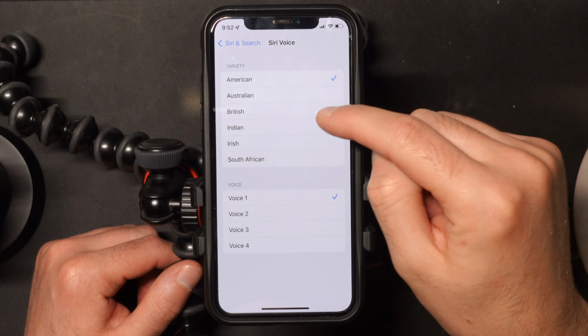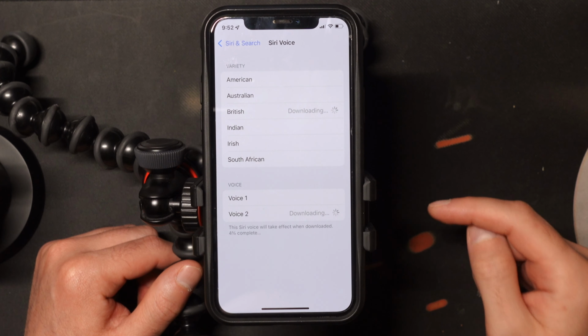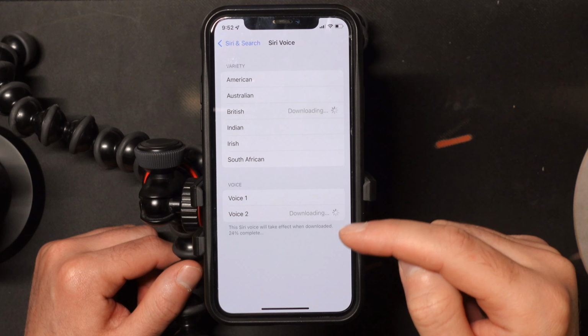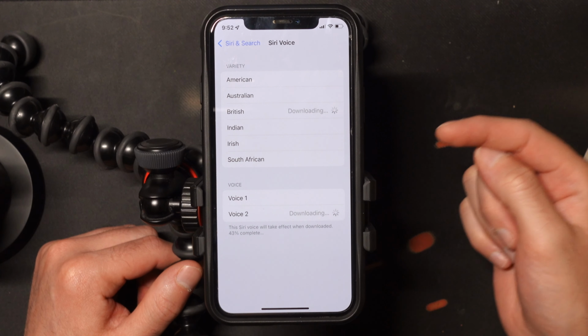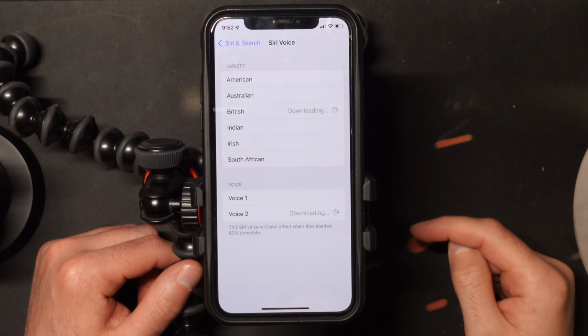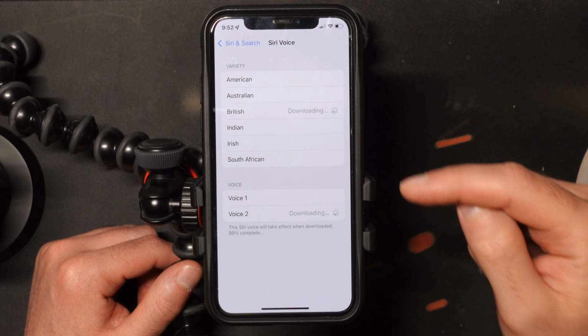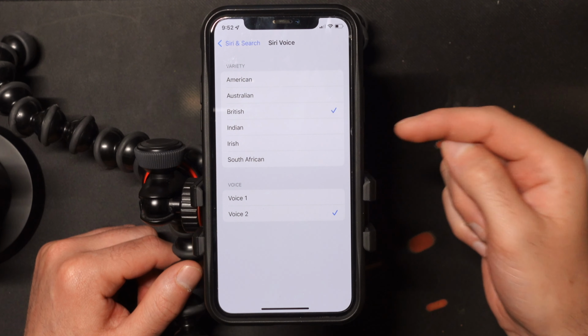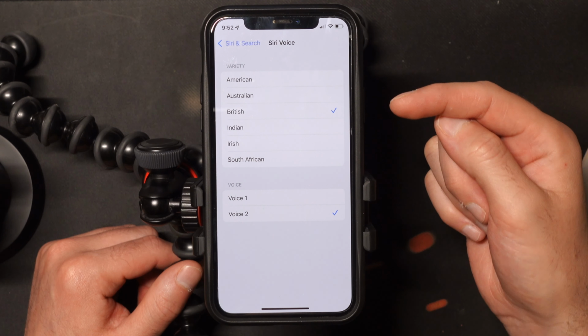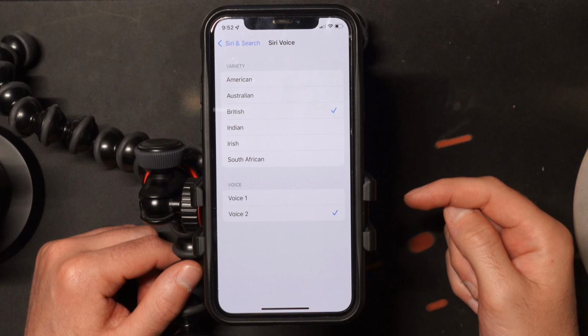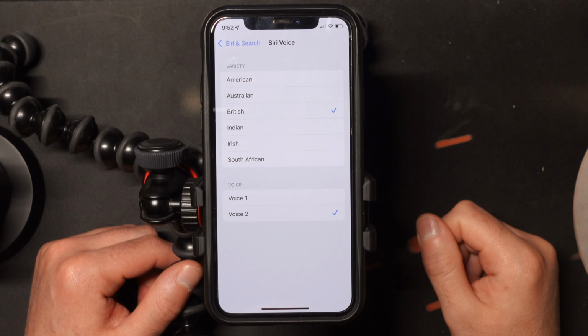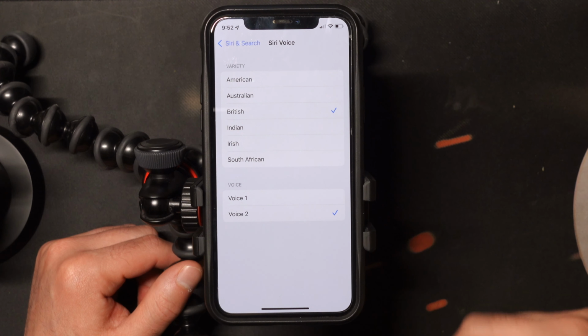So if I wanted to just choose, let's say, British, then there's 2 different styles. Probably one's going to be female, one's going to be male, and we can go ahead and select one of those. If it says downloading, that's just because your phone needs to download that certain Siri voice. Okay, once it's downloaded, then it will have a check mark, and then you have successfully saved and chosen a